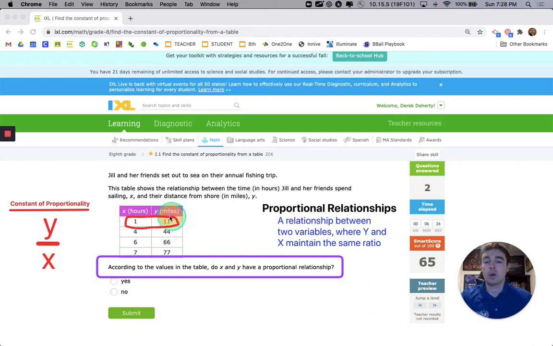11 divided by 1, 11 miles every 1 hour. We don't even need to simplify that. That's 11 miles for every 1 hour, and we're good to go at that point. I want to test another one, see if it spits out that same 11:1 ratio. So in the third row, we could try 66 miles. So Jill, on her fishing trip, goes 66 miles, and that took her 6 hours. And if I simplify that, any ratio is just a division problem, and 66 divided by 6 gives me 11,